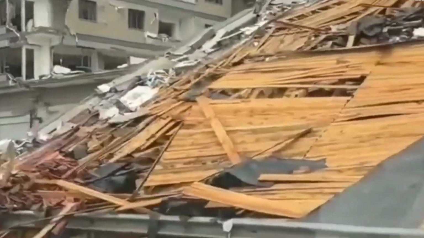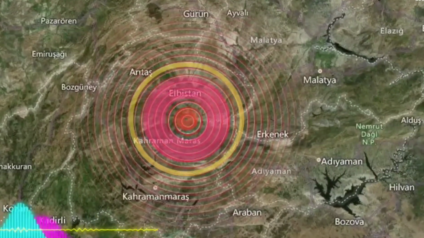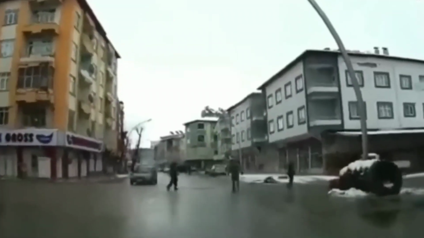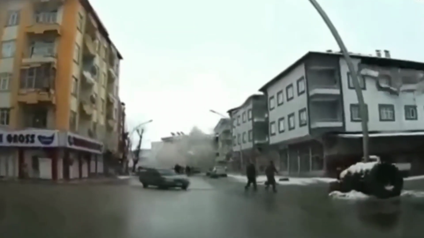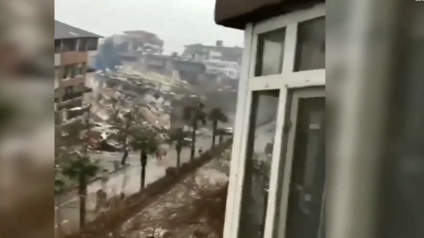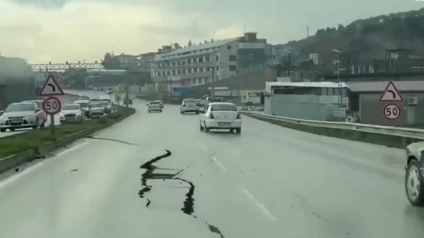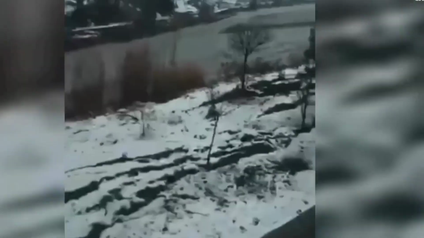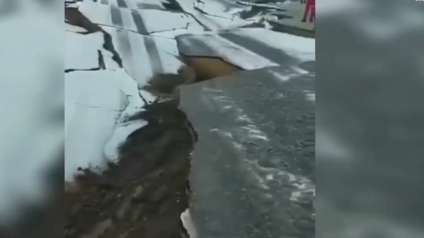These types of earthquakes are less common and typically occur near subduction zones where one tectonic plate is pushed beneath the other. Deep focus earthquakes can cause less damage to buildings and infrastructure, but they can still be felt over a wide area. There are also other types of earthquakes that can occur, such as aftershocks and foreshocks. Aftershocks are smaller earthquakes that occur after the main earthquake and can continue for days, weeks, and even months. Foreshocks are smaller earthquakes that occur before the main earthquake.